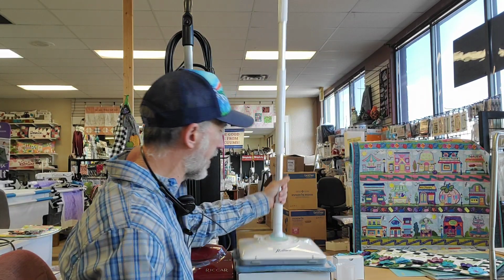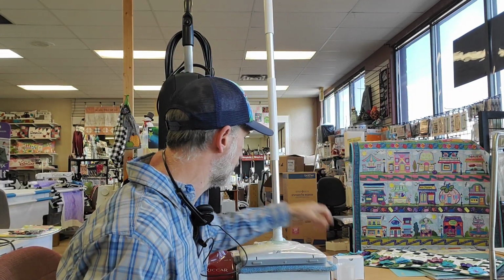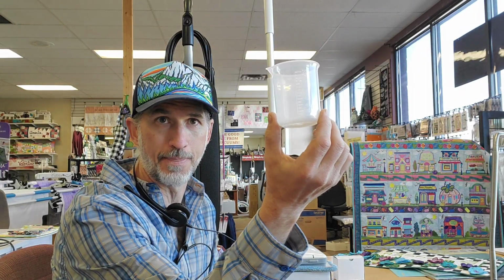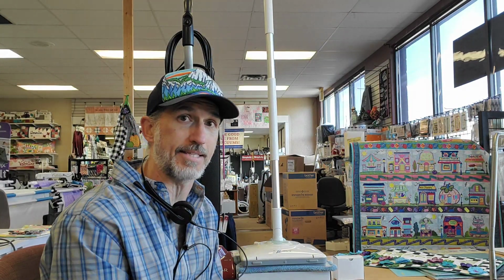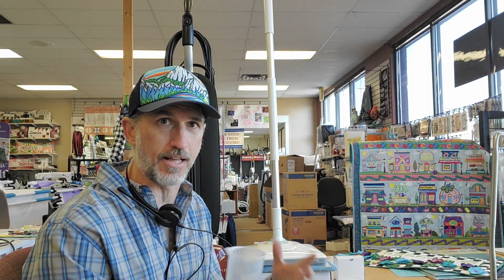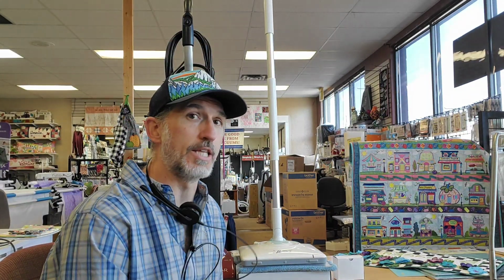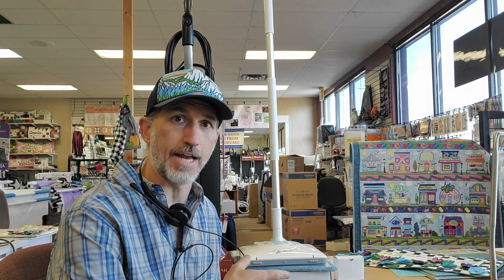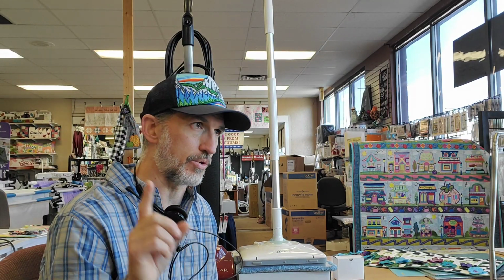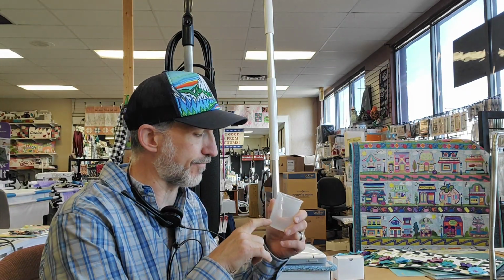There is a little spray nozzle right here in the front. That is where your solution will spray. Let's talk a little bit about solution. You do get this measuring cup, and I can only speak from my personal experience, but what I found worked best in my household, because that cleaning solution really smells great, but it is fully concentrated and it can be diluted, is 2-to-1 water to solution. I used to do 1,700 square feet of hard surfaces with just 90 milliliters. So I would fill up 30 milliliters of the solution